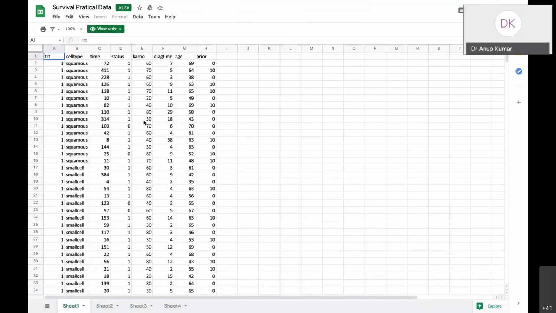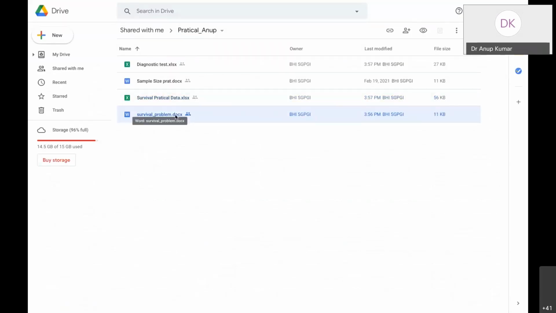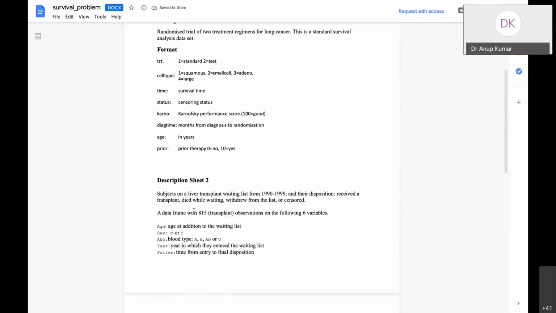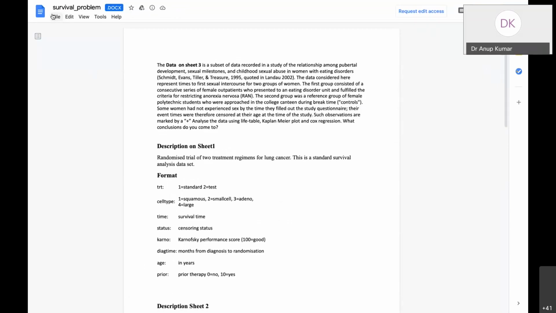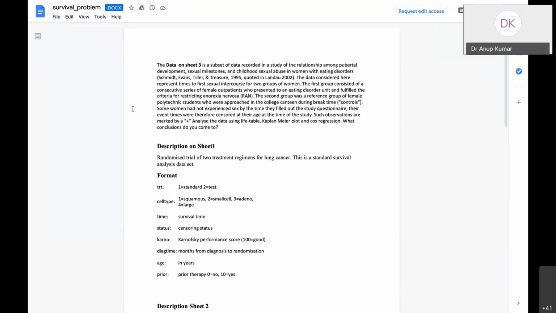Then go back and also open the problem sheet, in which the description of the data is given, what data we are going to use, and also download this.